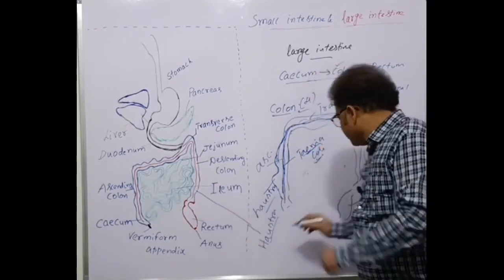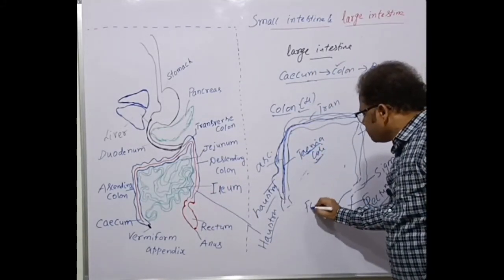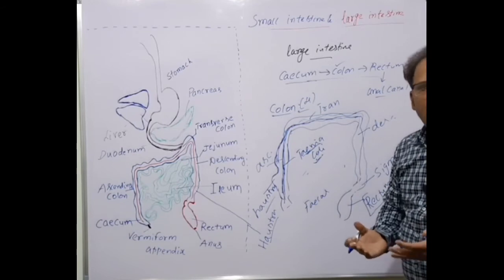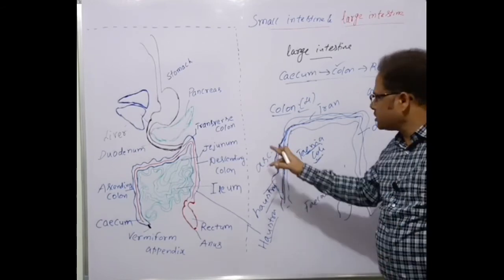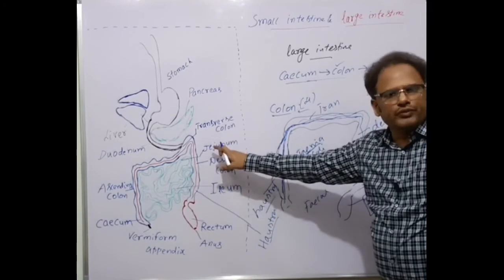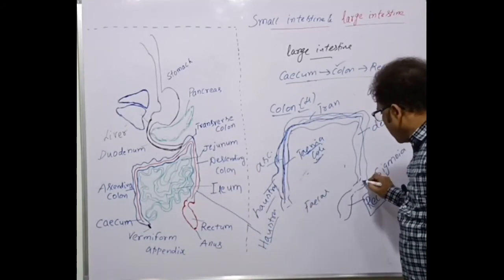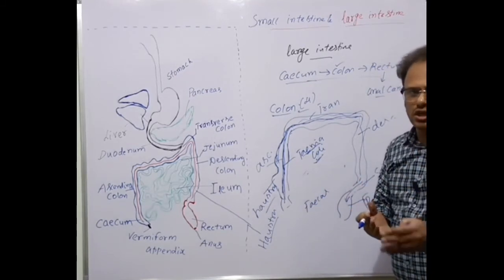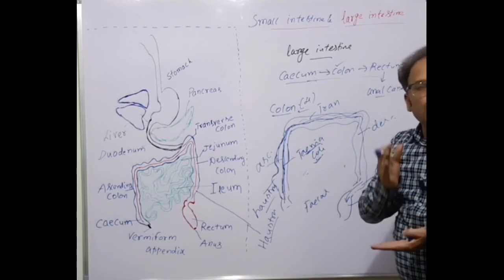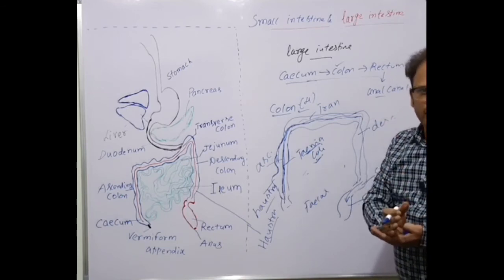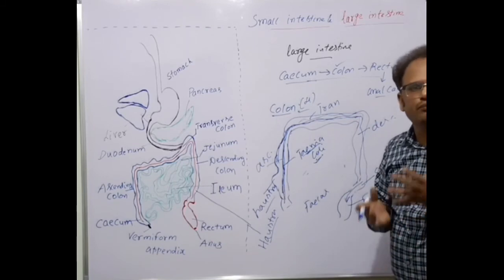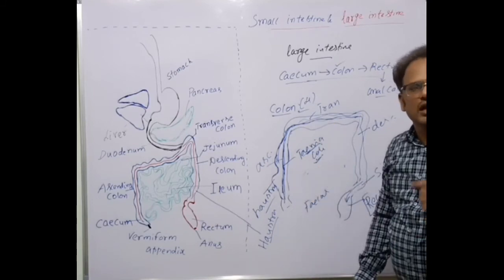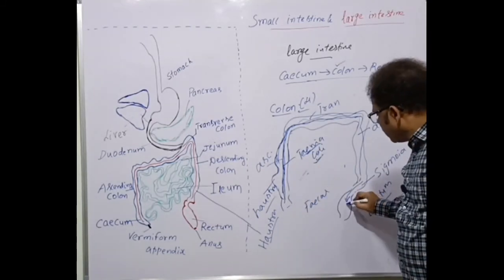In the rectum, by this time the fecal matter is formed, because the water, essential electrolytes, drugs and other stuff are already absorbed and reabsorbed in the cecum and colon. By the time the undigested food is passed to the rectum, it is formed into fecal matter. So what's the function of the rectum now? The rectum stores the fecal matter temporarily if necessary. For this, large amounts of mucus are formed here, because the fecal matter should be released out.